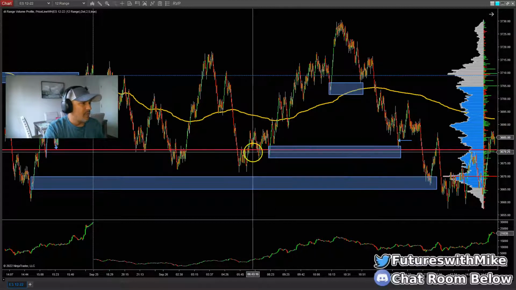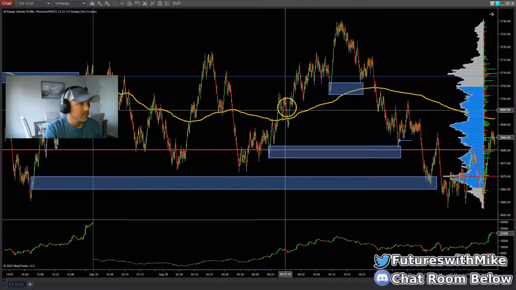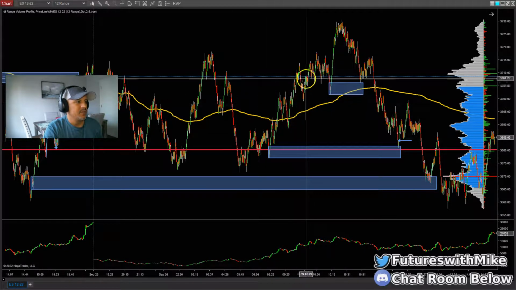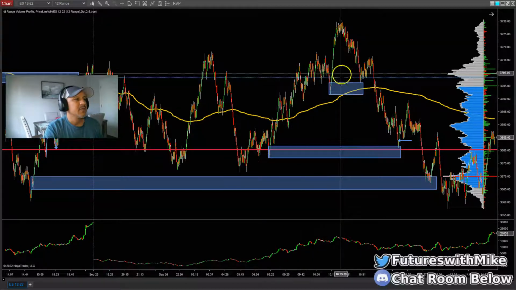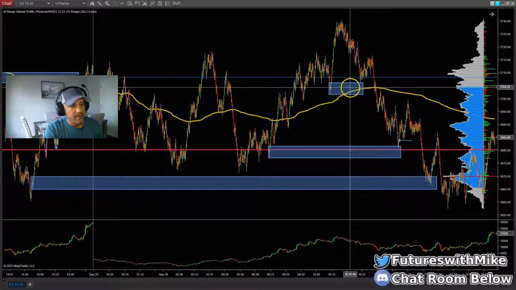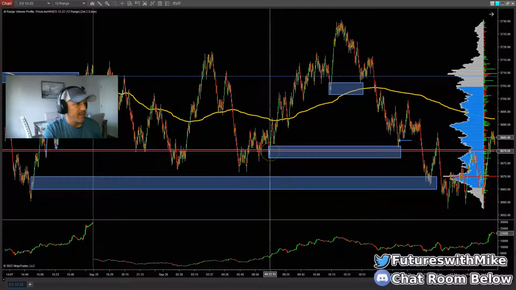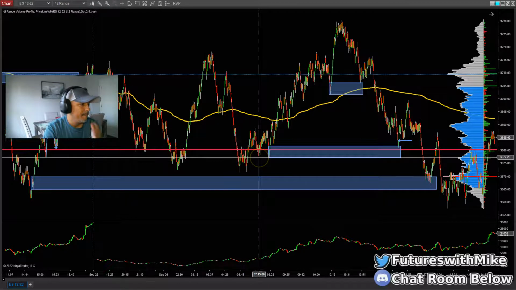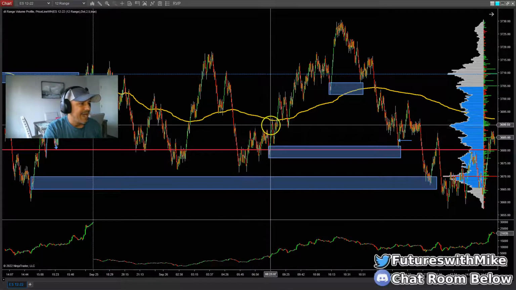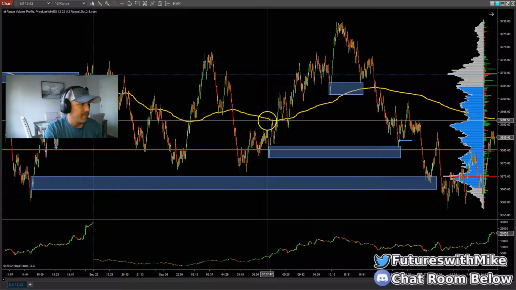So, as we saw before, I was talking about this, with price making these higher highs and higher lows, there were areas of demand as price was stair-stepping to the upside that price was leaving behind. So, that first area we just talked about was right here. Price continues moving lower. Here's a little area of demand right here. What do we see here? Price pushing up, pulling back right here, breaks higher right here, so it's making a swing to the upside here.